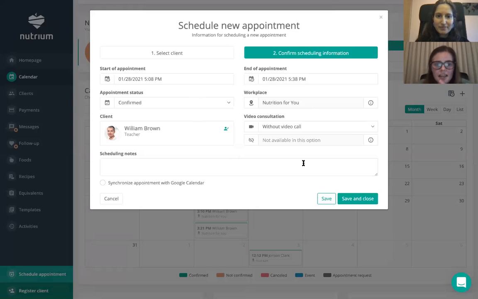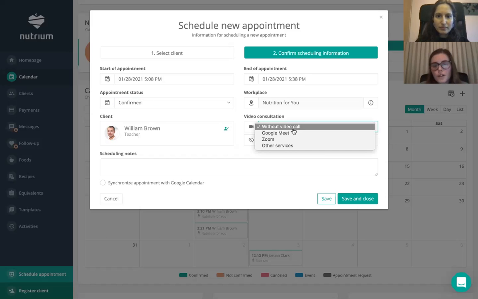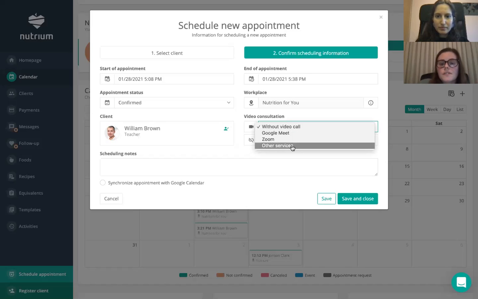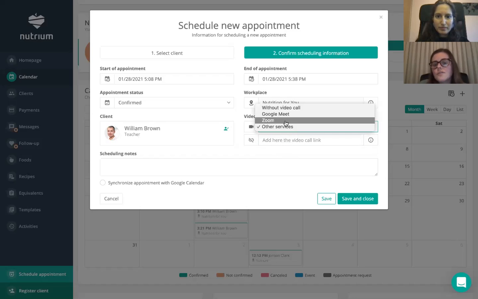So you can see here firsthand that you can choose the start and end date. You can see here if you want your appointments to be already confirmed or not confirmed, if you want clients to confirm afterwards, and the workplace that I'm at right now. And it's a very cool feature as well: I can integrate this with video calling platforms such as Google Meet, Zoom, or if you're using any other service, you can also choose that and then just add the link. If I choose Zoom, for example, Nutrium will provide you